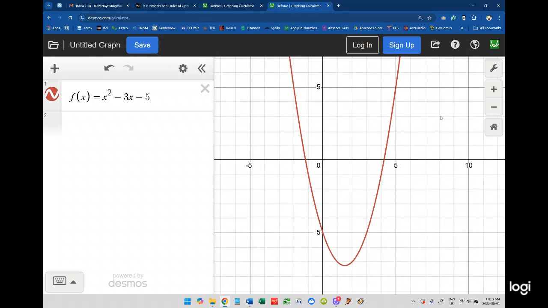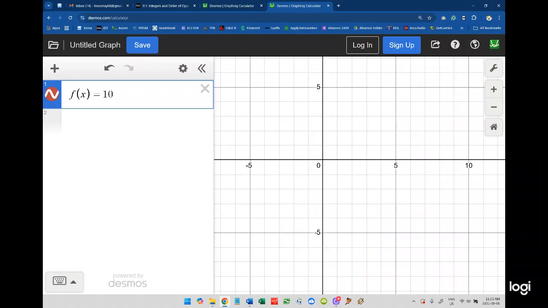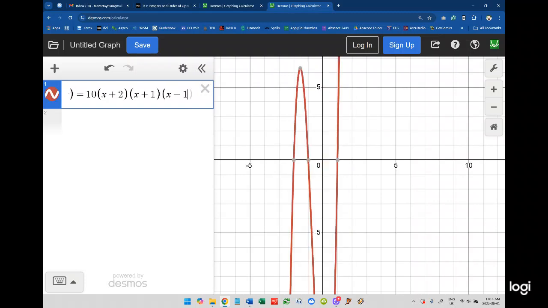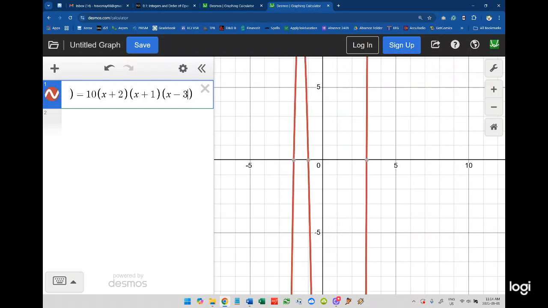Now, there is a setting thing up here, the little wrench that you can use, and I'm going to give you an example of why you might want to use it. So I'm going to do a weird function. Just bear with me. I'm going to do 10 times x plus 2 times x plus 1 times x minus 1. Actually, you know what? I'm going to change that to an x minus 3. And what you'll notice,